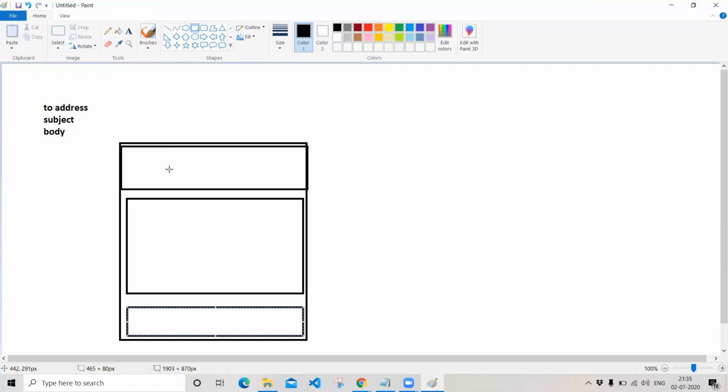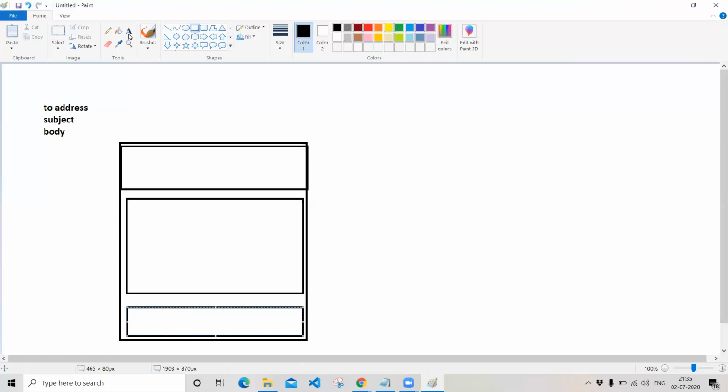In the header part, I want to add my company logo. You can add it in your template's header part, and in the body part, you can create the message that you want to send to the user. And for the end signature that you want to send to the user, with respect to the authority who has approved your record or your process or anything, you can define it in your email template over the footer part.